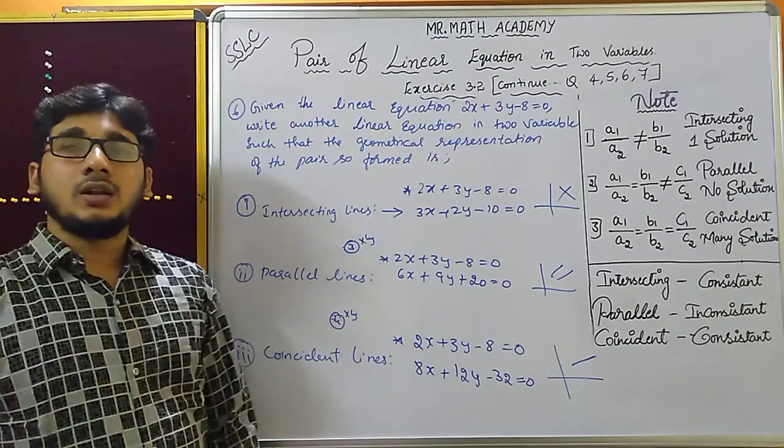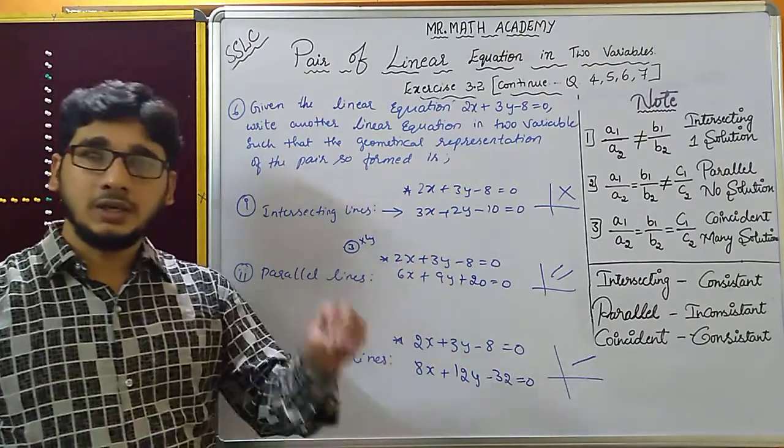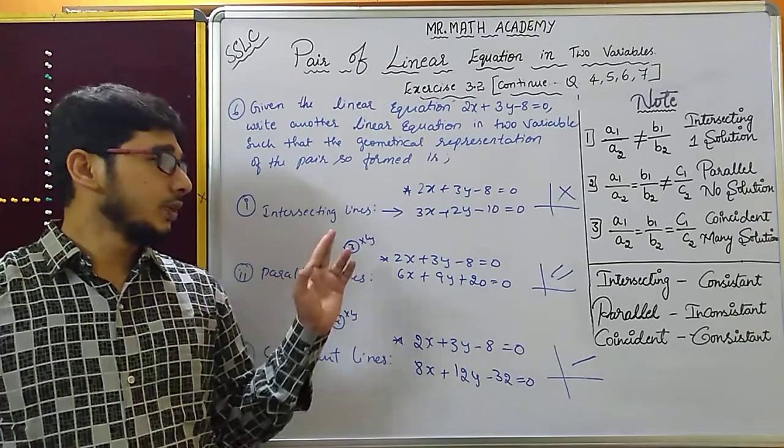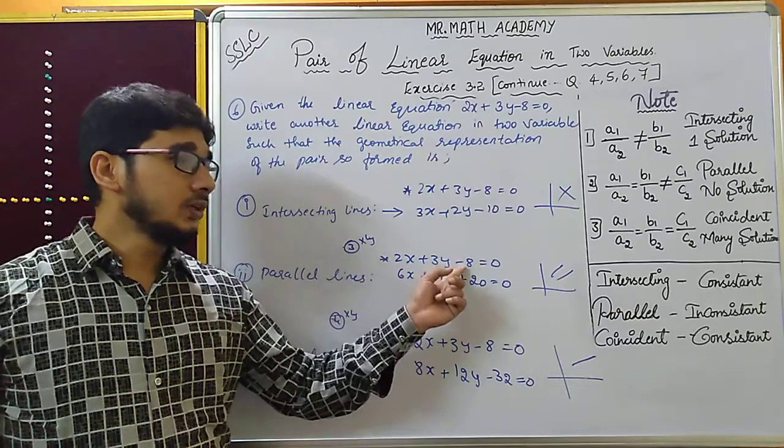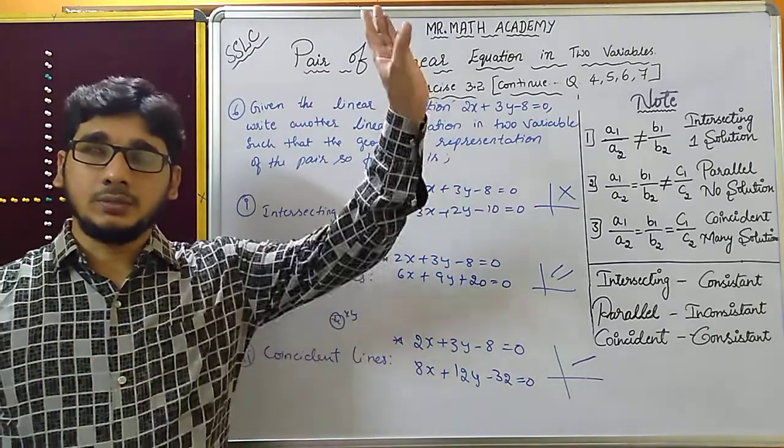If you want a parallel line, multiply the first two numbers with any one number, either 2, 3, 4, 5, take any one number and multiply the first two numbers. The third number you write as any other number. Okay,